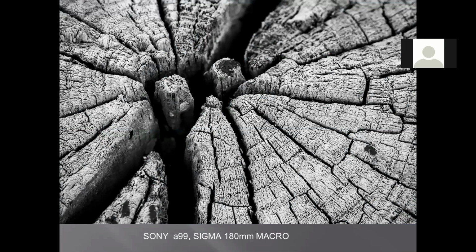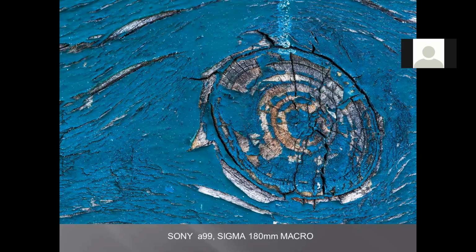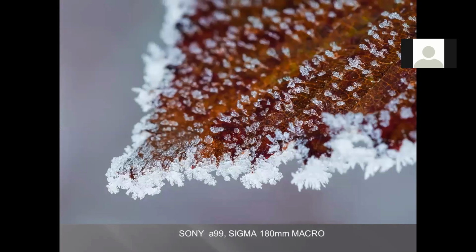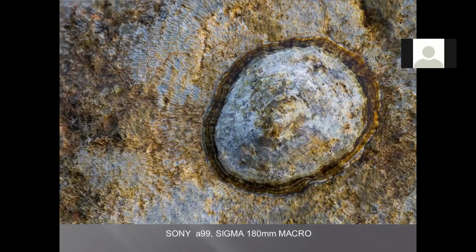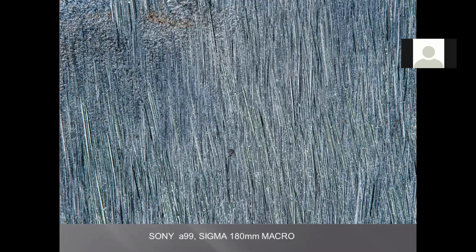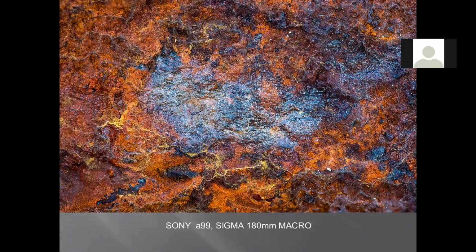You can take photographs of the wood and the paint and the wood again, the frost in the winter, shells or stones. So many different items you can shoot, whatever you find near yourself, and can look quite interesting when you get this detailed macro